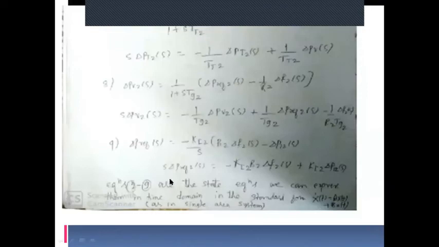Where B will be equal to this, again this also will be a 9 cross 1 vector. Since space will be more, I have written this as the transpose of this, so you will have 9 variables. This we have written as per the equations we have obtained, equations 1 to 9.